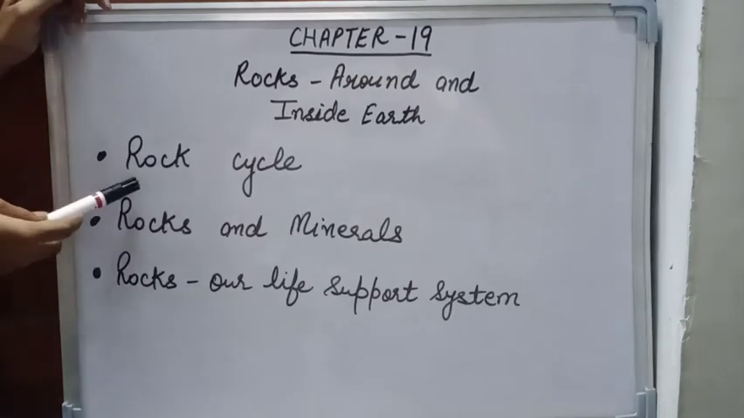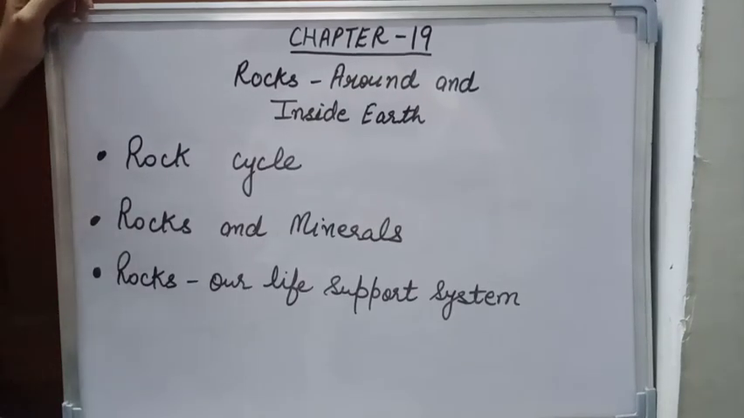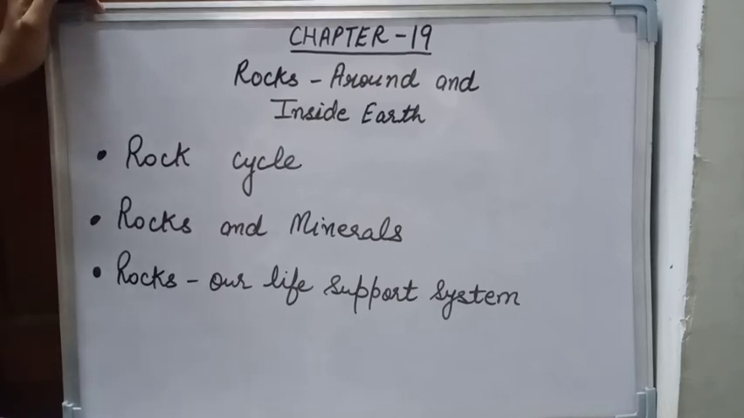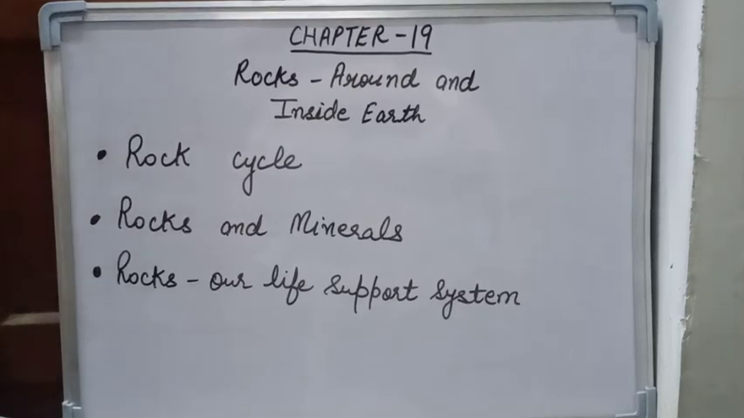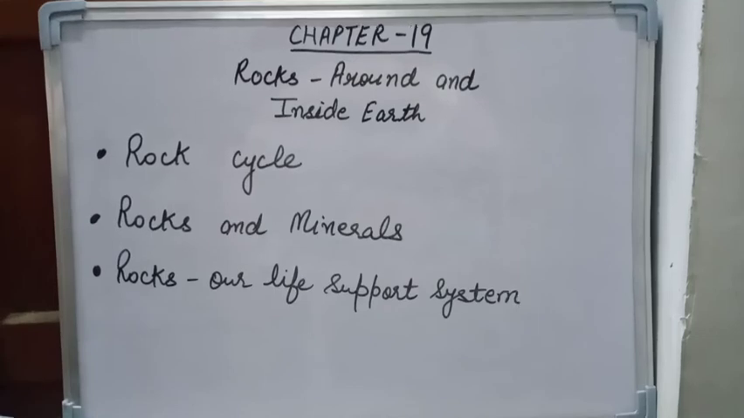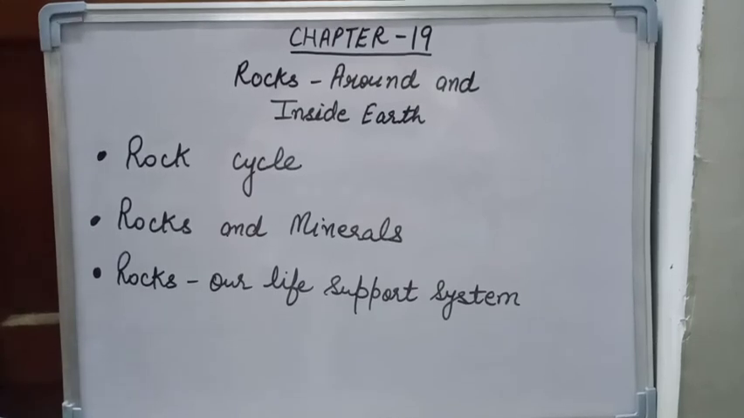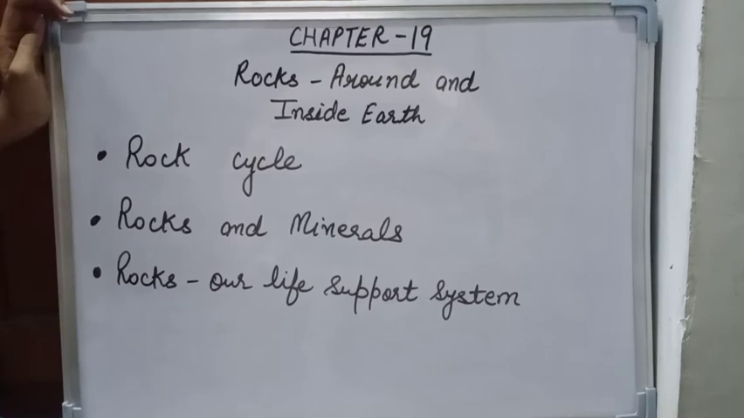Next is the rock cycle. We have seen how all types of rocks undergo changes into different forms. However, these transformations occur in a cyclic manner. The process of transformation of rocks from one type to another is known as the rock cycle. Like when molten magma cools, it forms igneous rocks. When the igneous rocks undergo changes